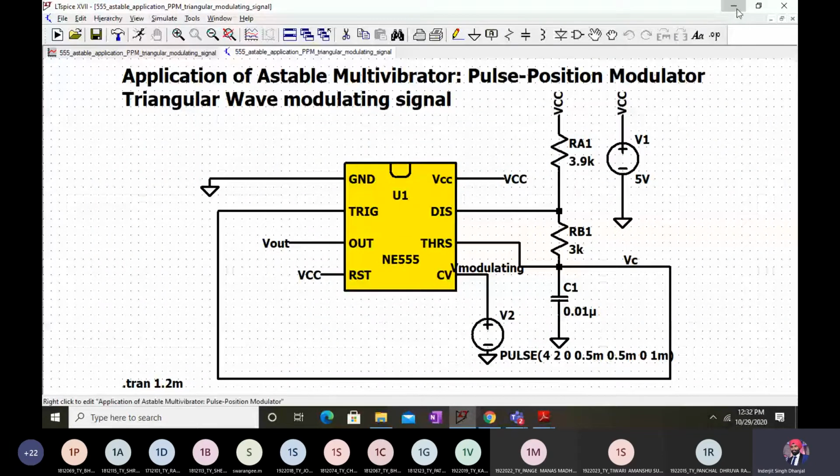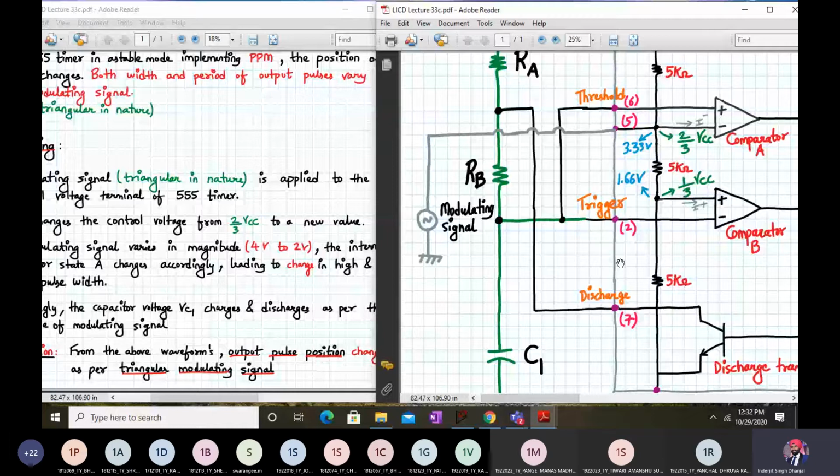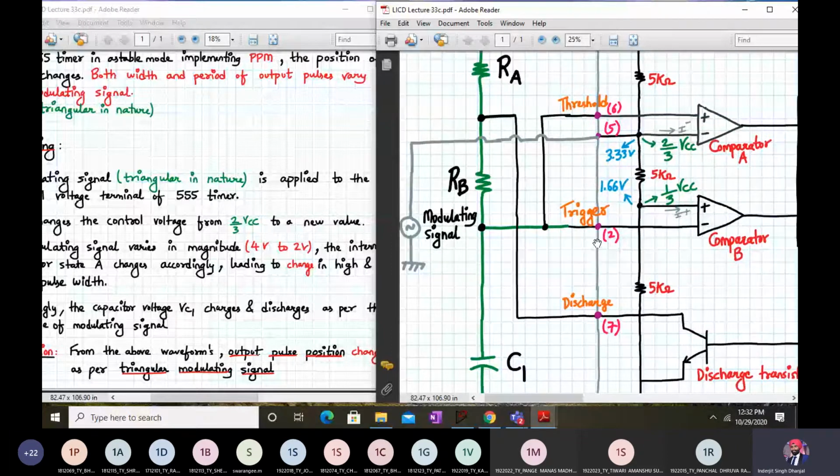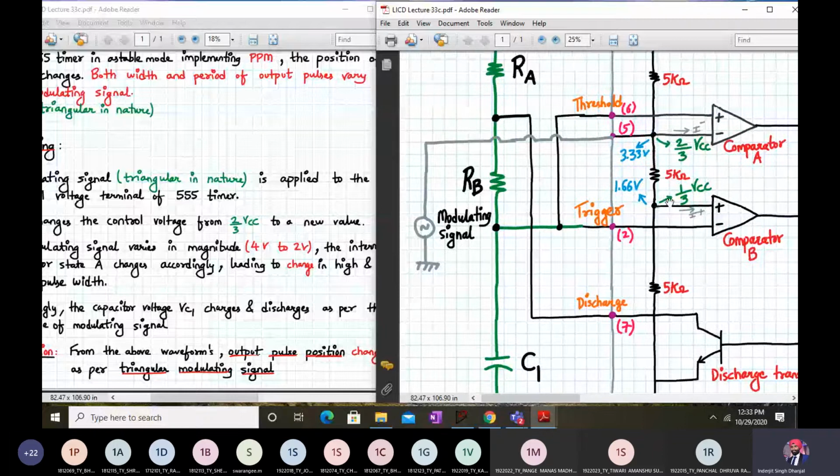See, where is my modulating signal connected? My modulating signal is connected to pin number 5, and this time it is AC. So will the signal affect my pin number 2? Yes, definitely yes. But it will not affect the 1/3 VCC. Will it affect 1/3 VCC? Chalo, tell me. Yes, it will definitely affect the 1/3 VCC, but pin number 2 is intact. Pin number 2 is not changing.